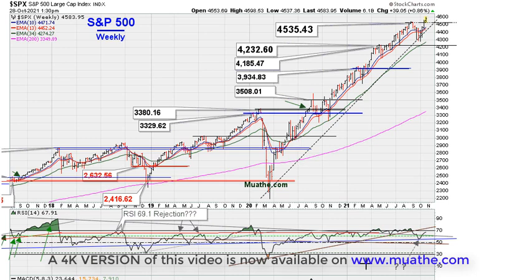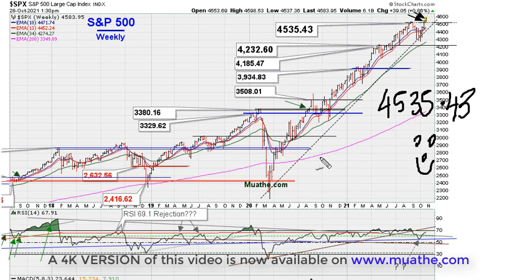The S&P 500 is also staging a nice breakout here. In fact, this is now the second week above the breakout level of 4535.43. As long as the S&P 500 is above this number, bulls can be excited for the potential for higher prices. Now, anything bringing the market below this price, in other words, a failed breakout, would set the stage for some selling for sure.